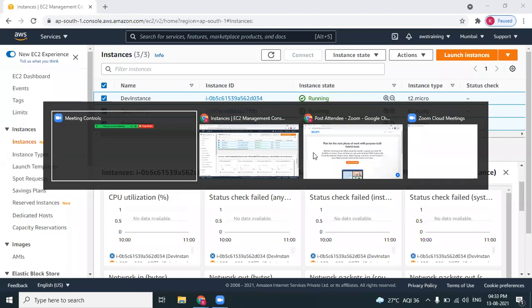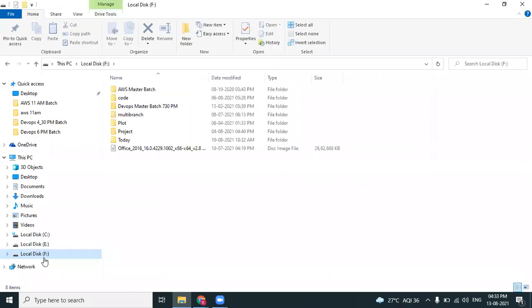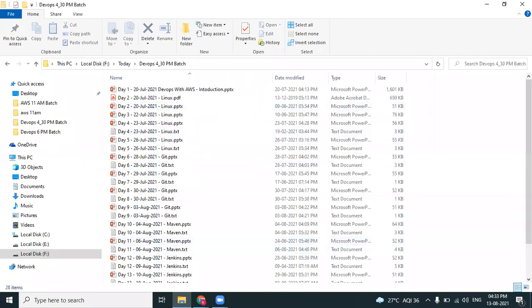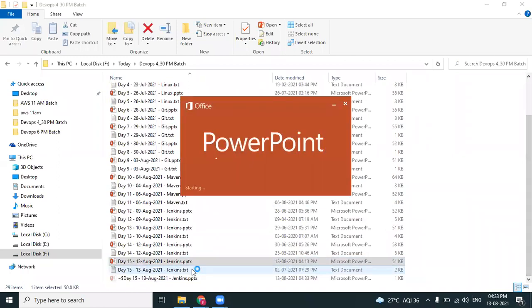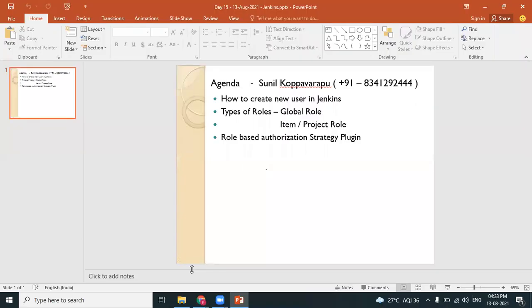This is a plan for today's session. This session is all about security aspects in Jenkins.